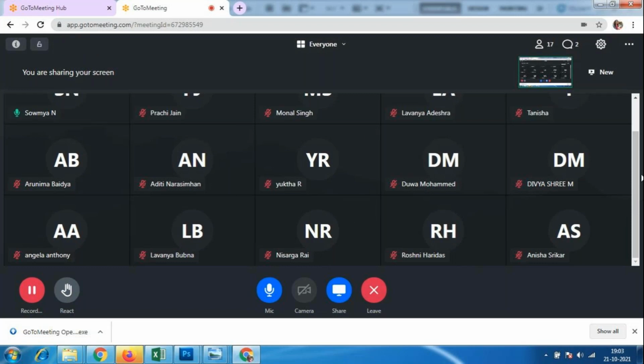Arunima, can you reply me? So that rainbow effect came out very nice, Arunima, but the text effect you have to try some more. Yes, ma'am. Okay, you tried it, no problem. Okay, you have to improve it a little bit.